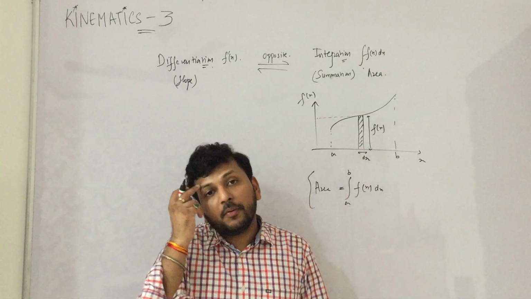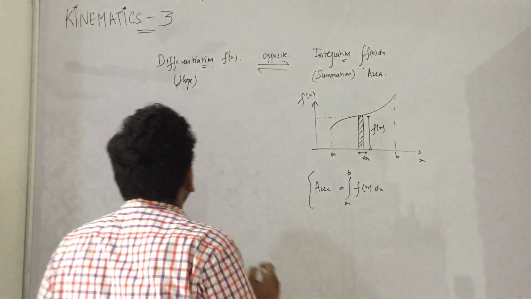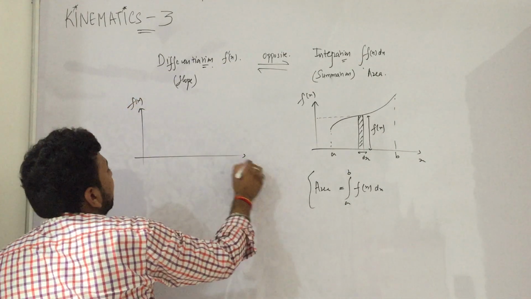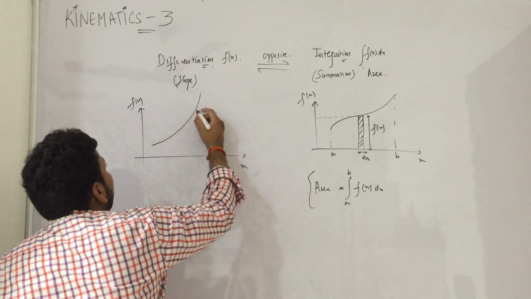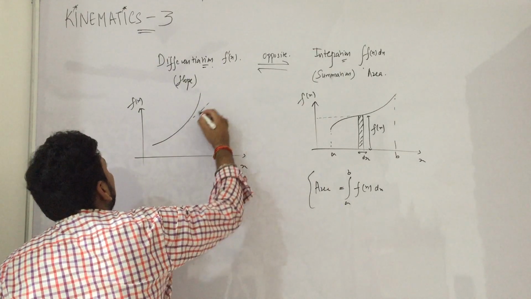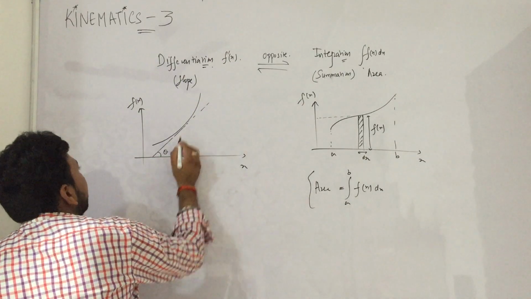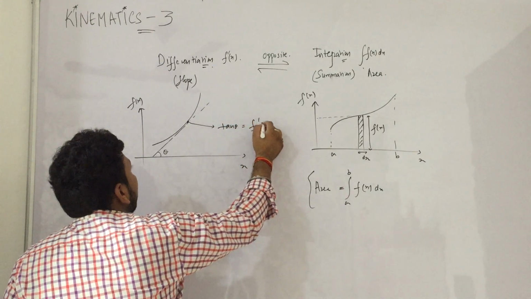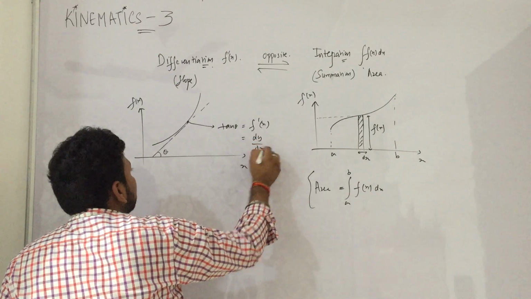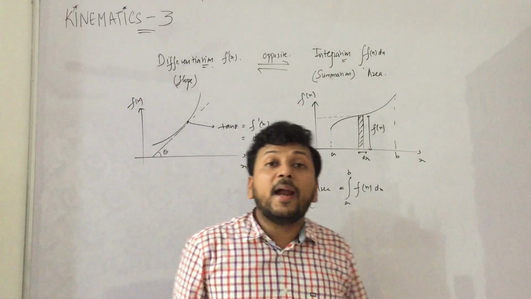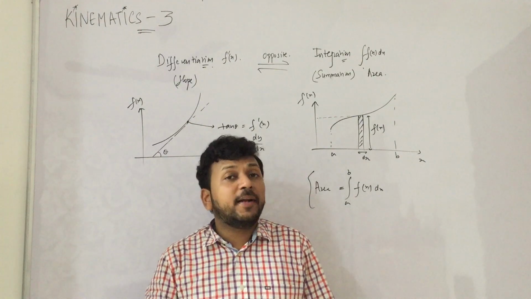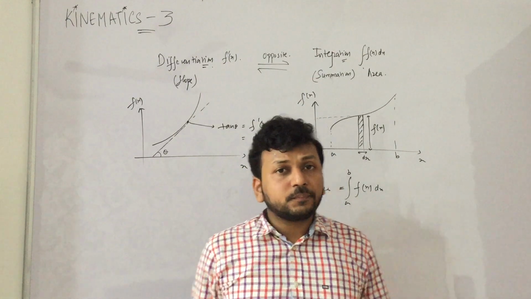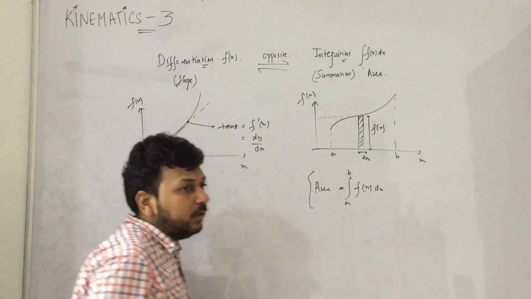Okay, so now let us talk about differentiation. Suppose there is a graph and it goes like this, and I find the slope at this point. Theta is this angle, so at that point we can write tan theta is equal to f dash x or dy by dx. Yes, this is the slope at this point. So from differentiation we find the slope, and the opposite of differentiation is integration. From this we find area. Okay, this is the basic, you need to understand this.